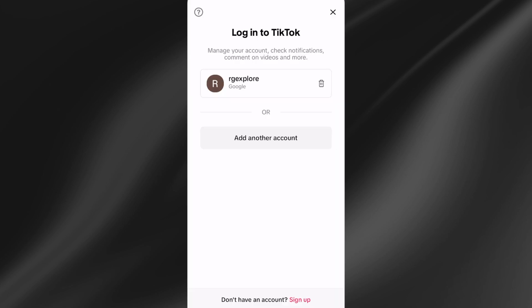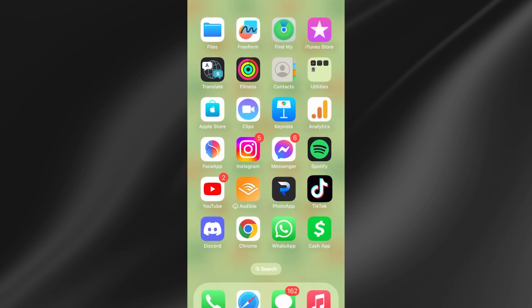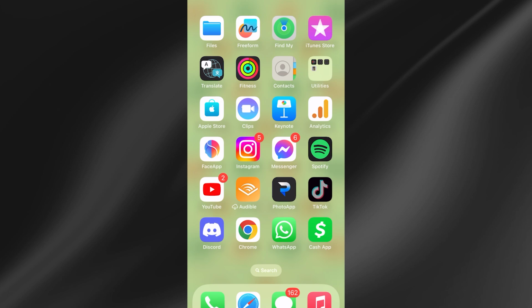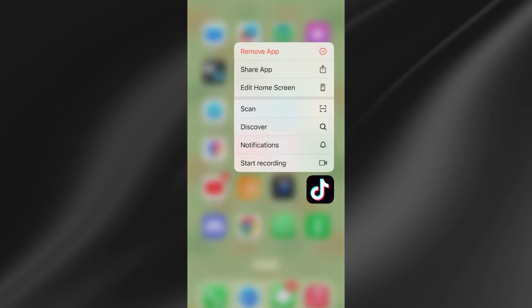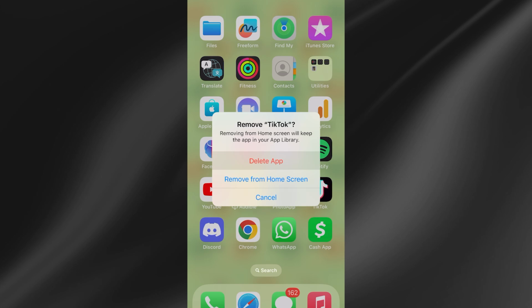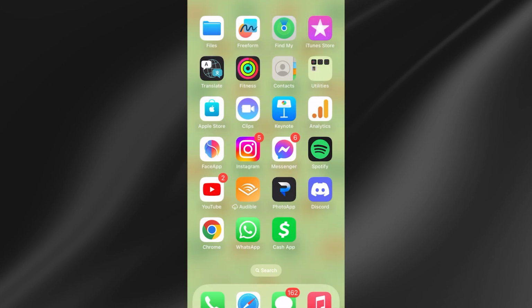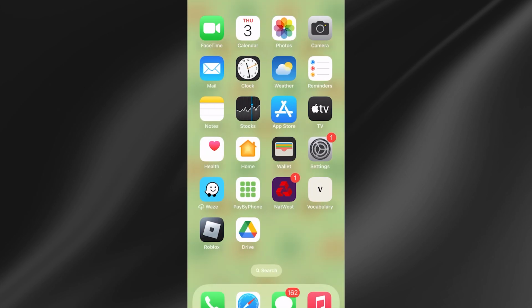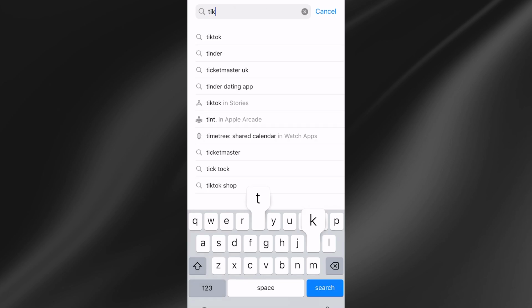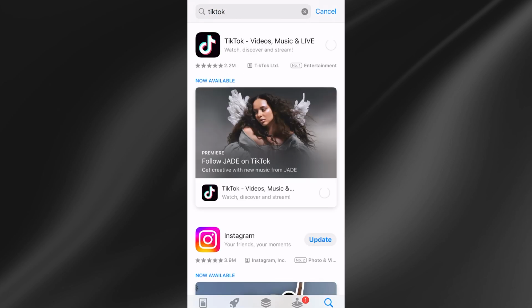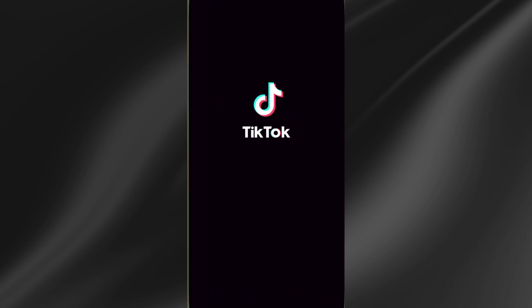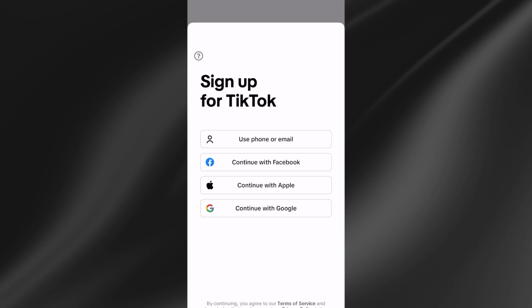And once you've logged out of your TikTok account we're then going to head over to the home screen of your iPhone, hold down on the TikTok application like so, click on remove app and then press delete app to remove it. Once you've deleted the TikTok application we then need to head back over to the App Store, search for the TikTok app and then simply reinstall it to your device. Once you've reinstalled it you can then open it back up and log into your account, and you should now be able to send